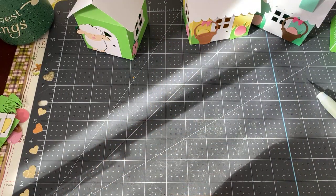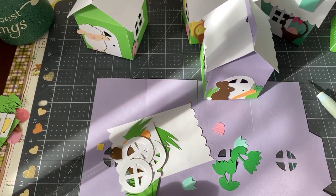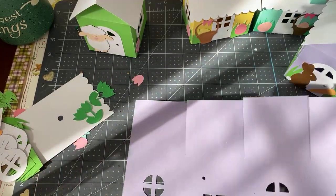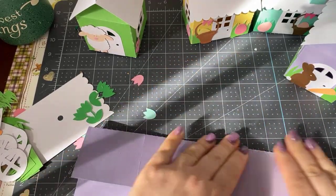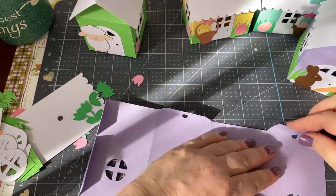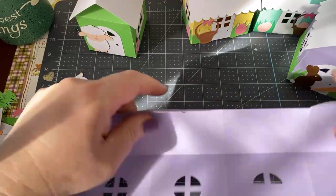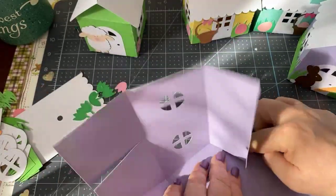Okay, next up is, I believe, it's this one. Yeah, it's the chocolate bunny one. Same thing. This is the main piece. And we're going to fold all of these where it is the dashed cut lines, okay? So here we fold the bottom, we fold the sides, we fold the tabs, and there will always be one you forget. And then you take the whole top portion, you fold it in like this, and then here are the triangular pieces. So it's a little awkward, but try to just fold those,